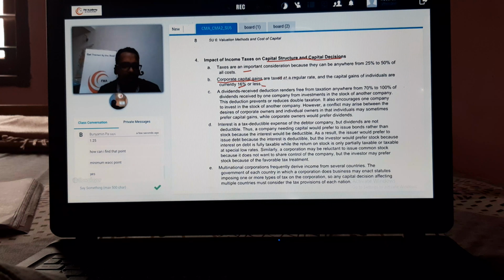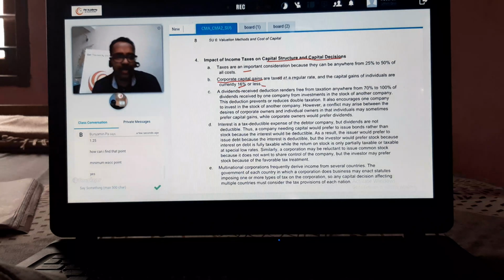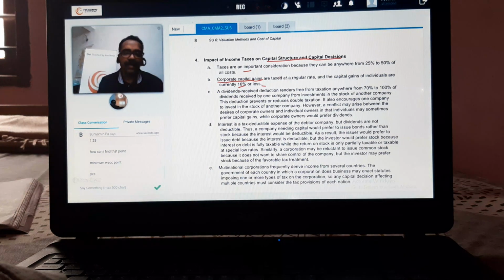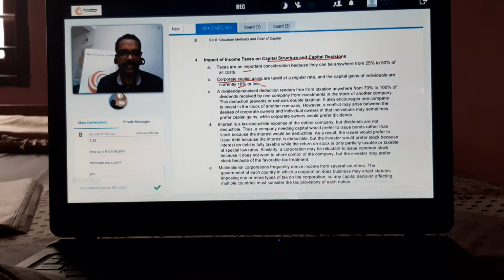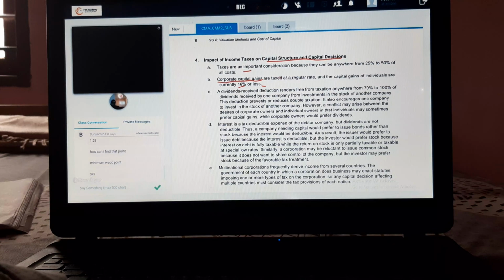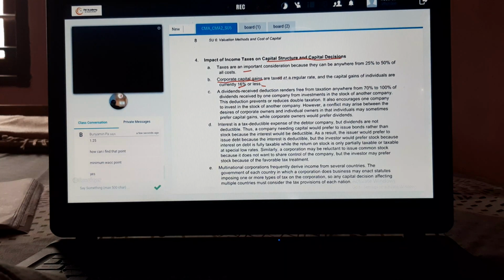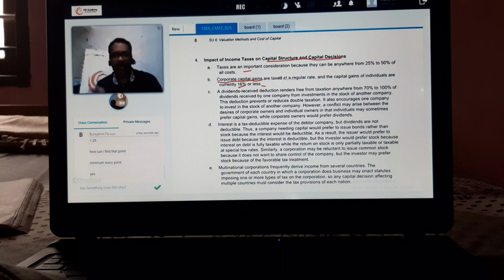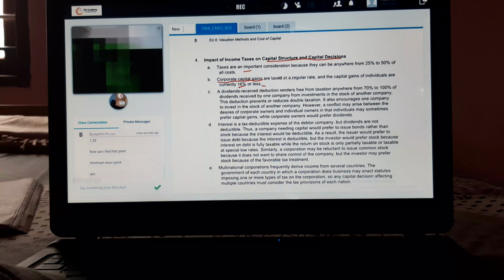If you are an NRI, straight away they will cut 15% and you will get only the balance in your bank account. For residents, you have to file the return. Long term, if you sell after 1 year, let's say after 365 days, your taxation is only 10%. So there is short-term capital gain and long-term capital gain. You don't need to worry.